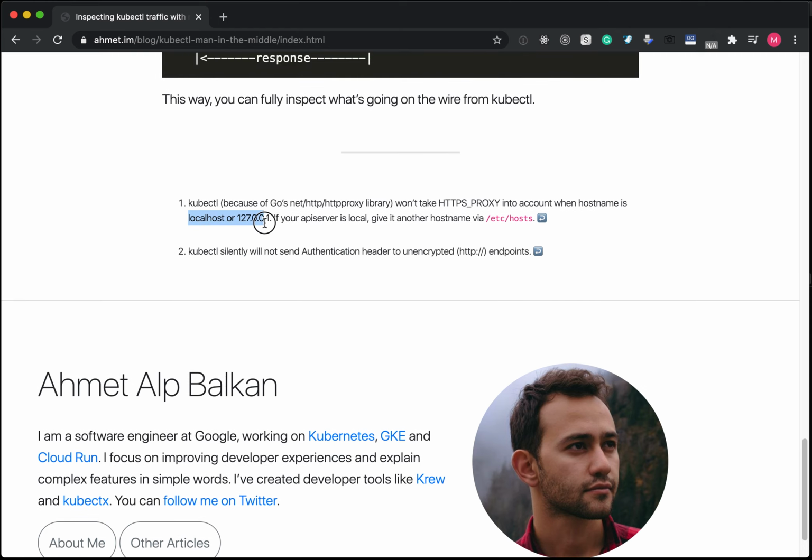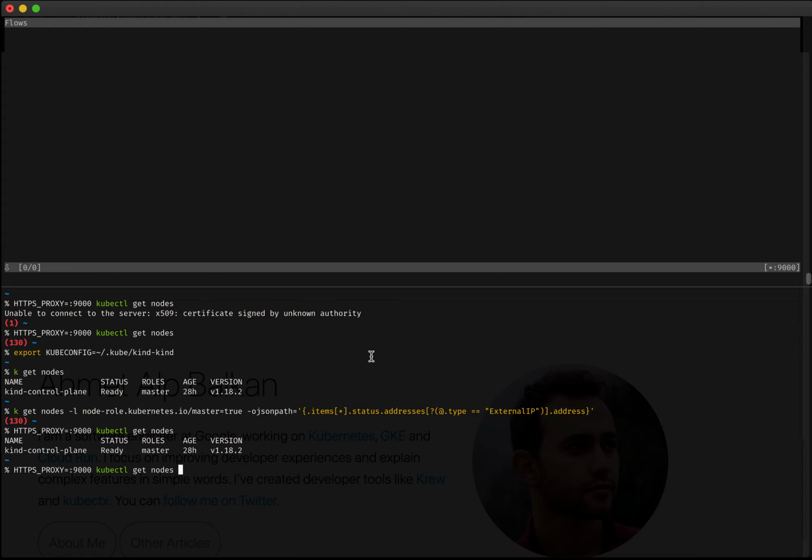This localhost is not being proxied by Go programs. So what I do is a tiny trick, which is kubeconfig, and I change a bit the kubeconfig in order to make it work. So if we do get nodes this time,